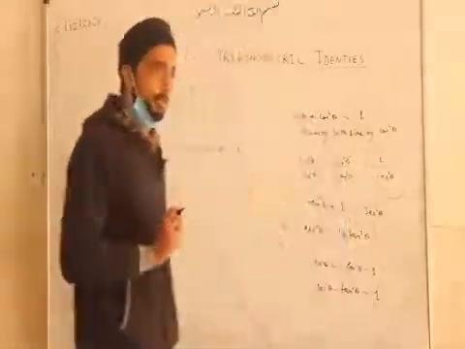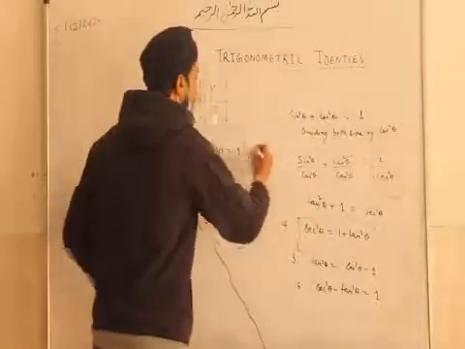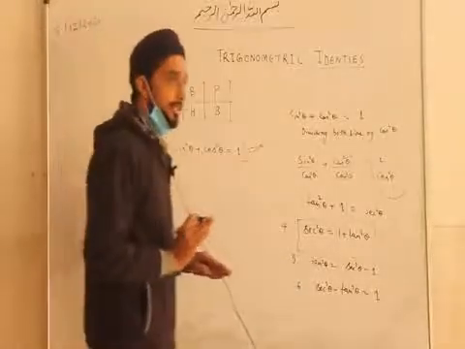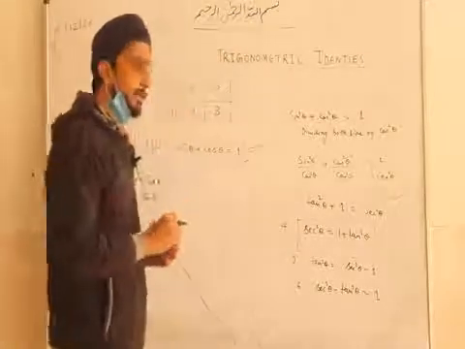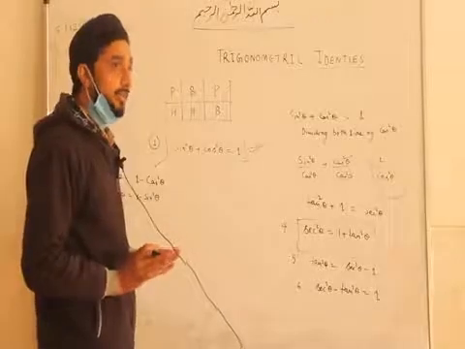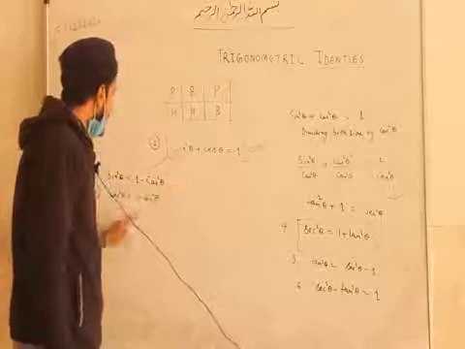So what you have to remember is the main thing, otherwise you will get confused in all these identities. You have to remember the main identities, and from those identities you can derive the others. Are you getting my point or not? Yes. Okay, so this is the main identity from which we have derived these two.